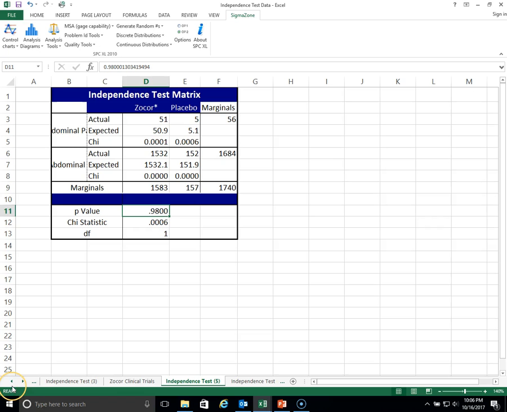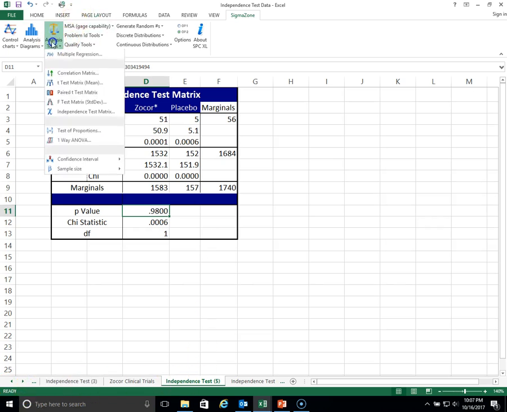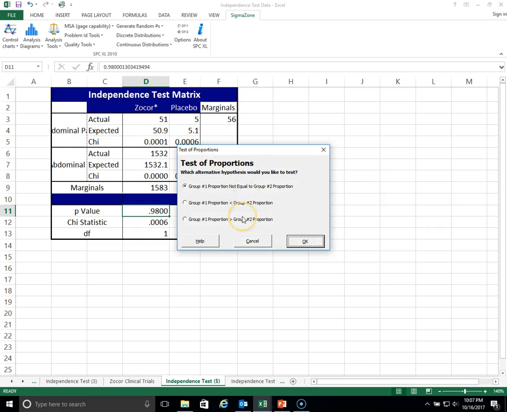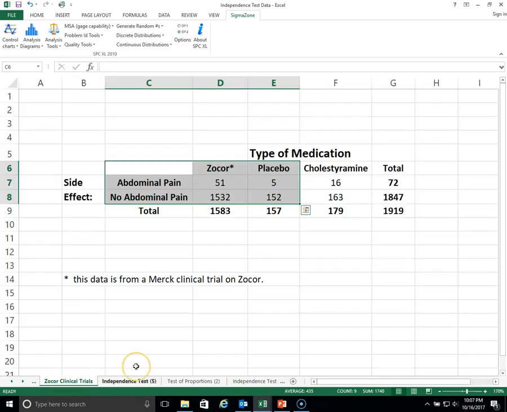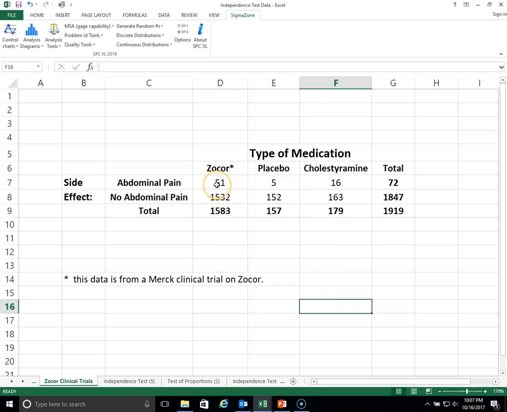Now, what is a test of proportions? If you remember, if we go up here and we go to a test of proportions, we will see that we have to put in 4 numbers. Well, what are those 4 numbers here? If we go to our Zocor and placebo, it's going to be a 51, which is the number having abdominal pain from Zocor, over a total of 1583. Remember, we need a numerator and a denominator. The total number taking Zocor was 1583, of which 51 have abdominal pain. And for the placebo, it's 5